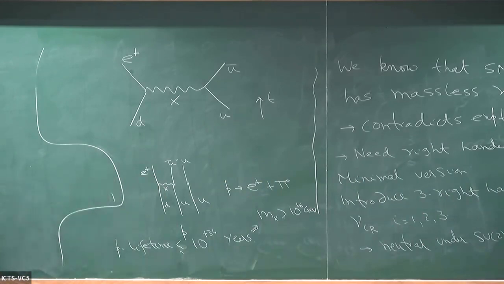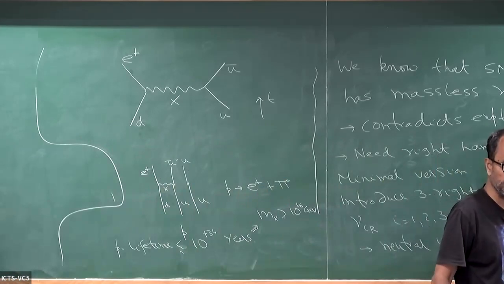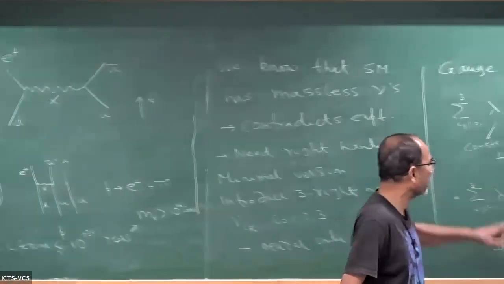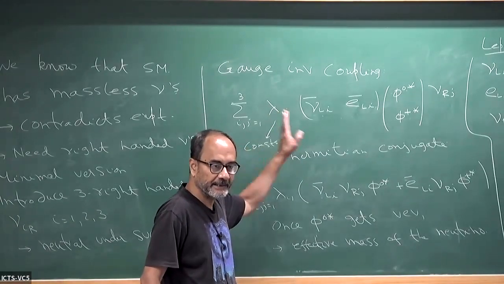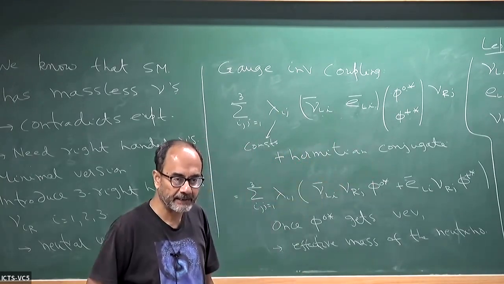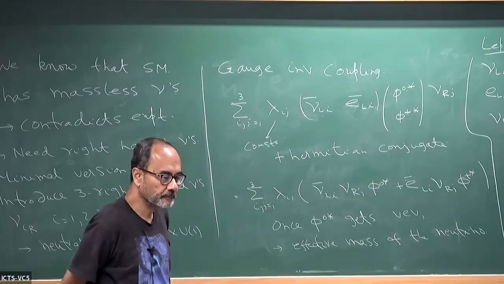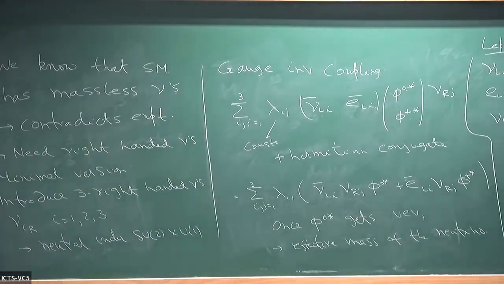Can you just remind me what was the i index there? i runs from 1 to 3, the generation index. You have introduced 3 neutrinos, and the point is I could have taken the lambdas to be diagonal, which is the simplest case. The right-handed electron couples to the right-handed neutrino and so on, but in general you can introduce a matrix. Okay. So we can add